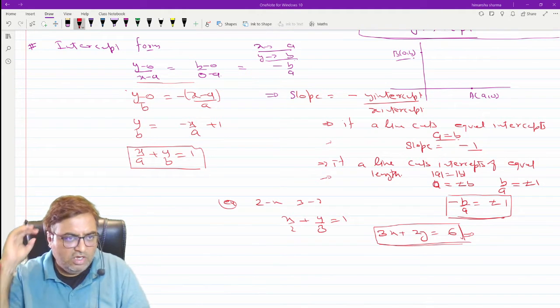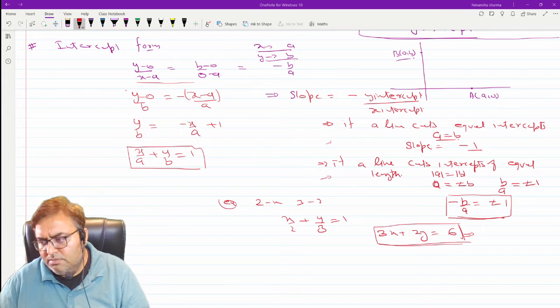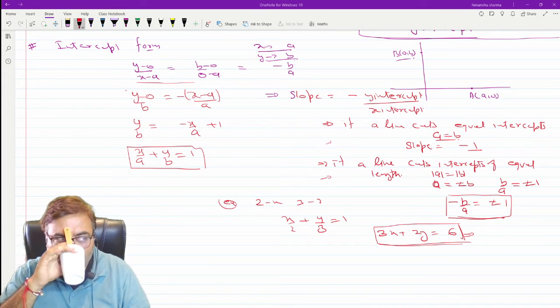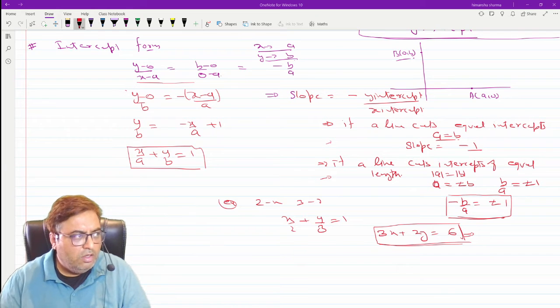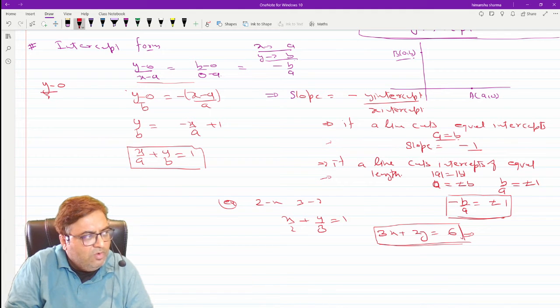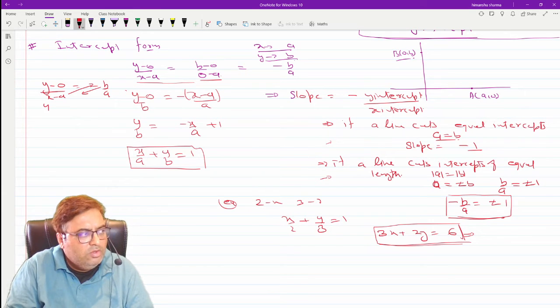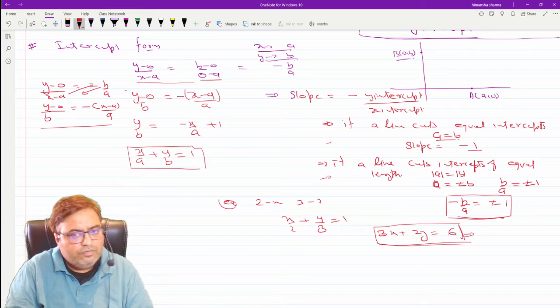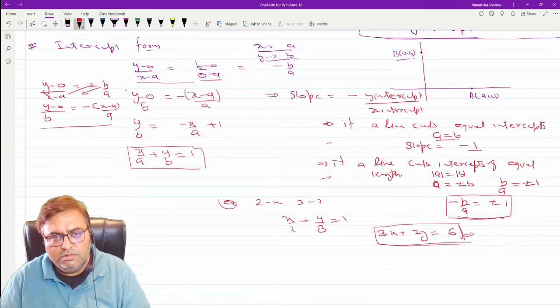Hello, sir. Yeah, Vivek, now I can hear you. Tell me. So that equation that you have written below intercept form in red color, that simply looks like this. It was y minus 0 upon x minus a, and the slope was reduced to minus b by a. So I cross multiply b over here and x minus a over here. So that will give you y minus 0 by b is equal to minus of x minus a divided by a. Got it?